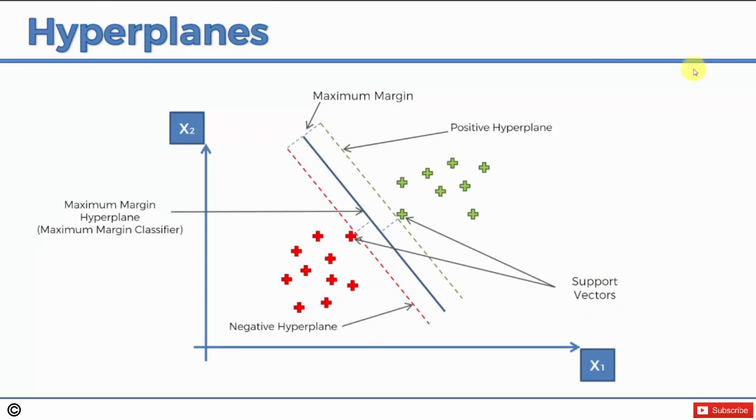Basically, anything to the right of the positive is classified as the green category or the positive category. Anything to the left is classified as a negative category, or the red category in our case. So that's how the support vector machine algorithm works. Of course, there's some complicated mathematics behind it, but the essence, the intuitive part of it, is exactly this: